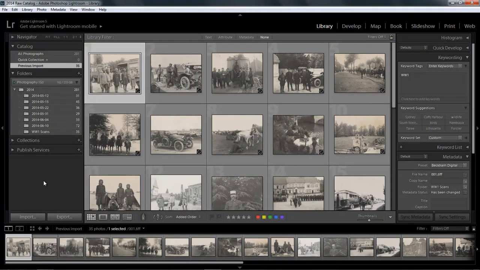So once we have our images imported into Lightroom, we're going to be using this screen quite a bit to search for images, to evaluate images, and then move on to the develop module. So it's going to be quite useful if we can see this screen in a variety of ways quickly and easily. Now, one of the options we have is to remove the panels around the edge of the screen,